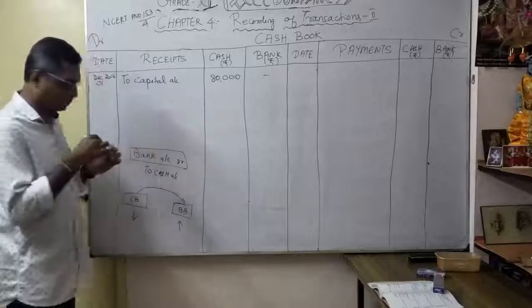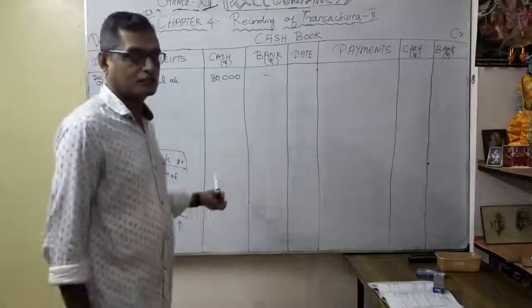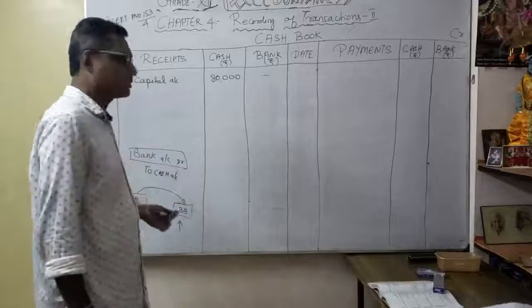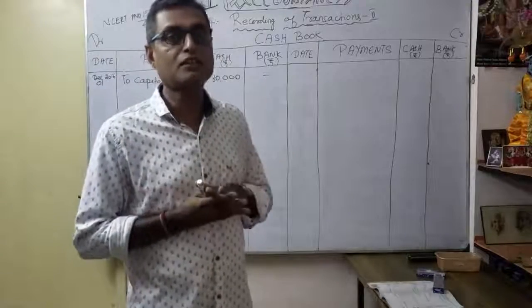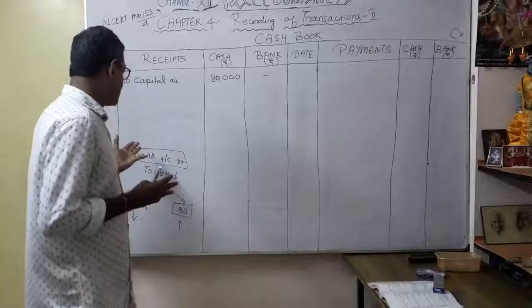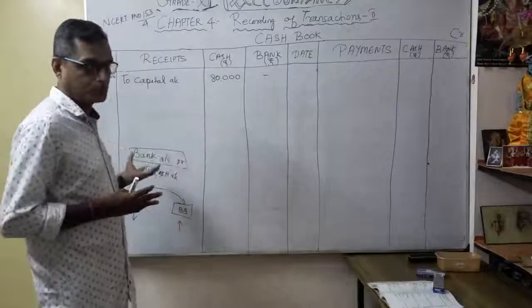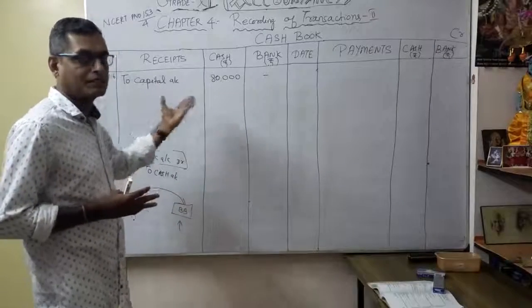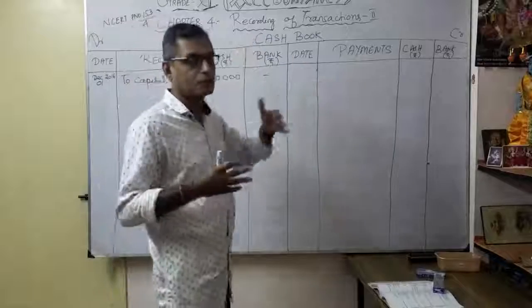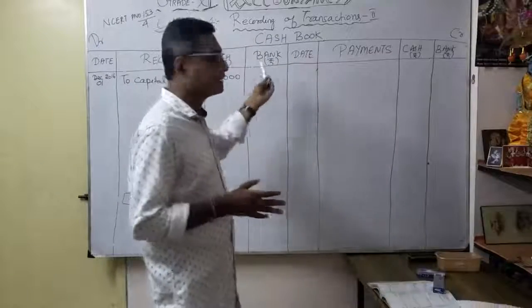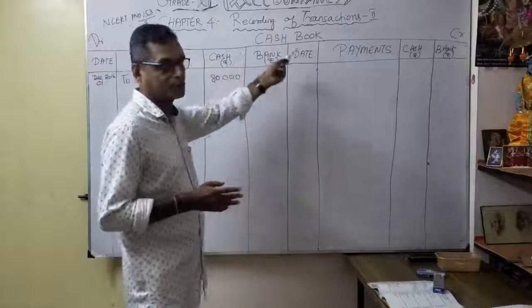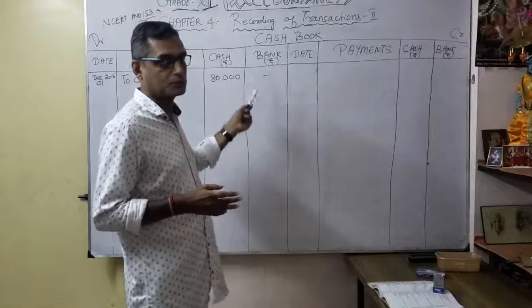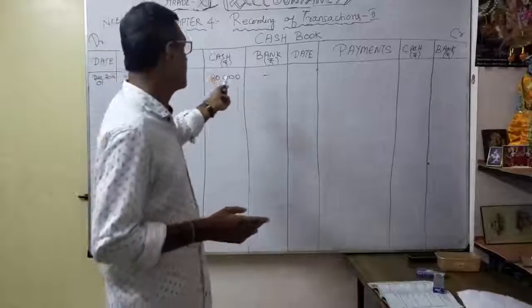Here, how to do the posting. That's why it is called contra entry. Whenever cash is deposited into bank, or whenever cash is withdrawn from the bank, that entry is called contra entry. Because simultaneously it is recorded both ways, in a bank account and the cash account, in the cash book itself. No need to open a separate bank account here. That's why both cash and bank dealings are entered in a cash book. That's why it is called double side column or double column cash book.